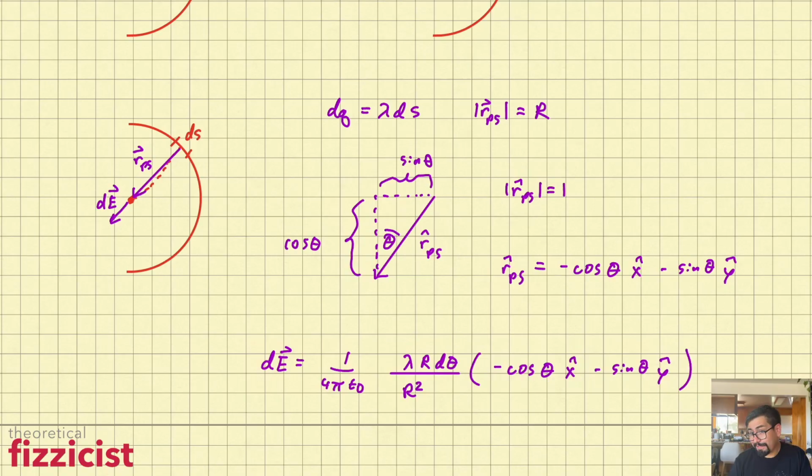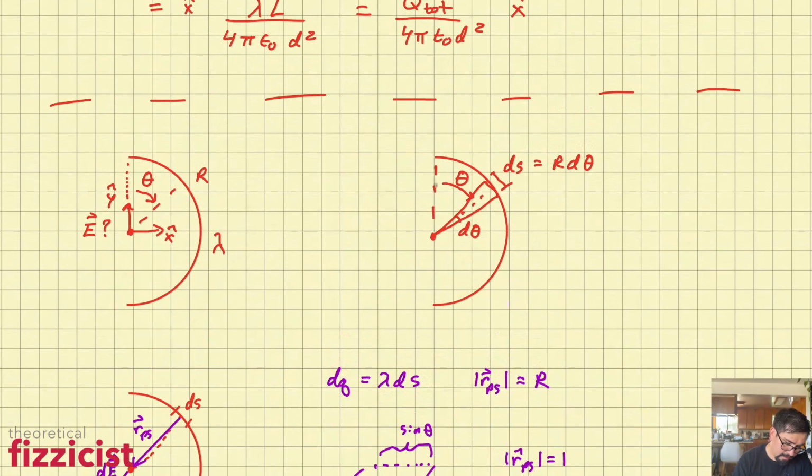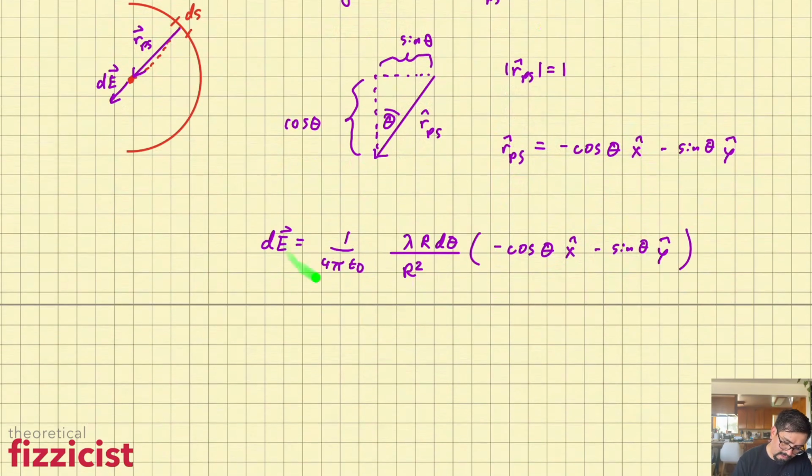And now all I have to do to get the net electric field is add up all these chunks for all allowed thetas in the problem, aka all possible positions on the half ring. But I already said where all those positions were. Based on my coordinate system, my first theta is theta equal to 0. Also, fun little check. If you plug in theta equal to 0, you know this chunk is going to make field down. Does my formula say that? Well, indeed it does, because if I plug in theta equal to 0,